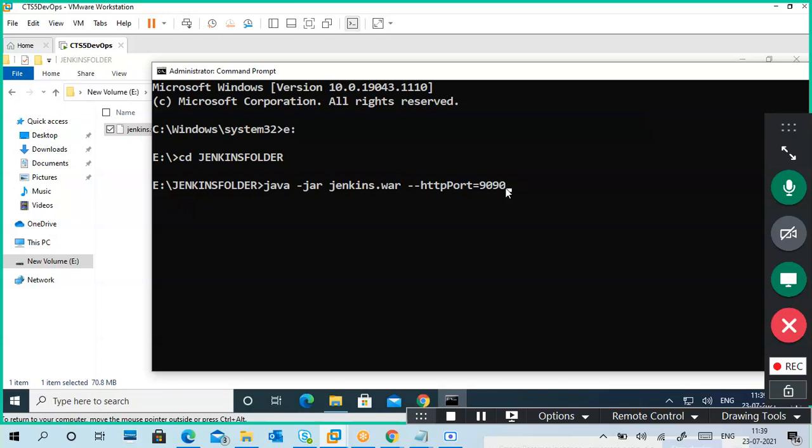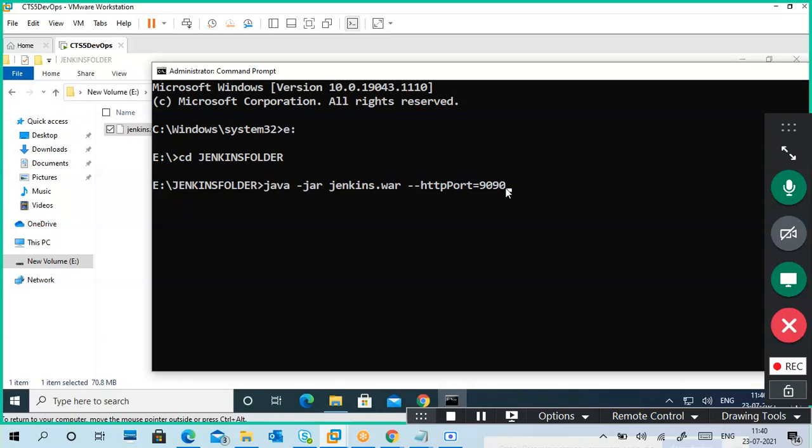Remember this, compulsory. This command is important. Why? Not only for installation, after installation also it is required. Now I'm working, and maybe tomorrow I shut down this machine and open it again.